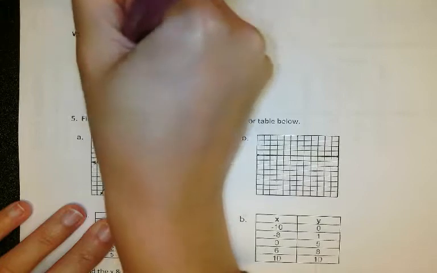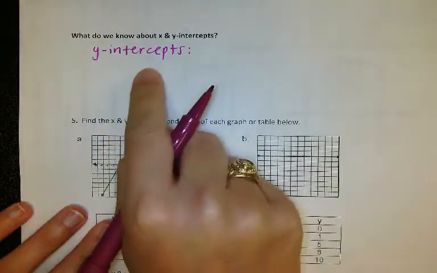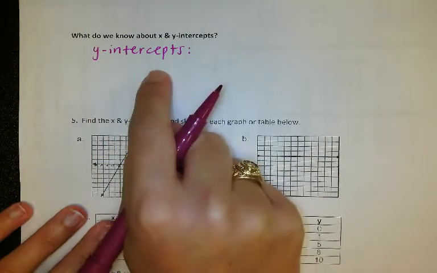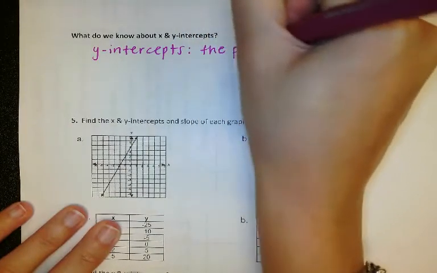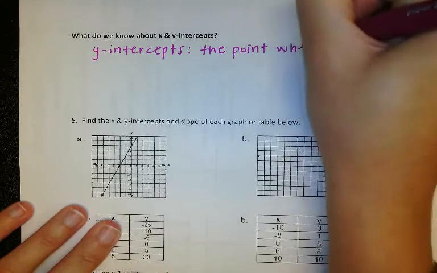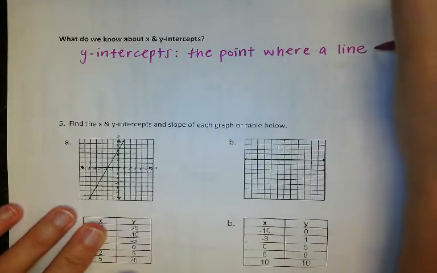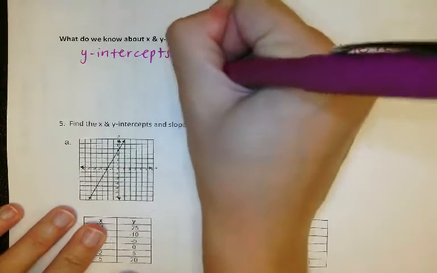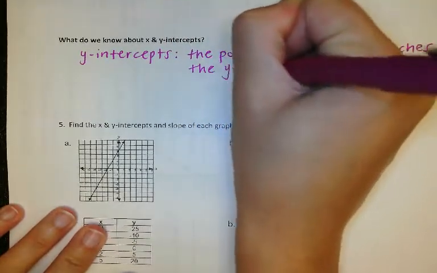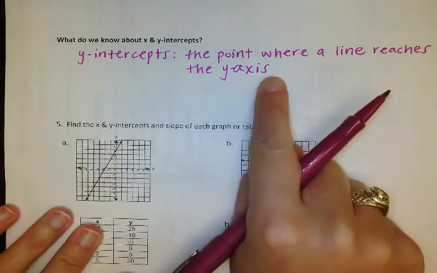So most of the time, or probably the one you've spent more time on before, is the y-intercept. So a y-intercept is just the point where a line reaches the y-axis. Okay, it is an ordered pair,